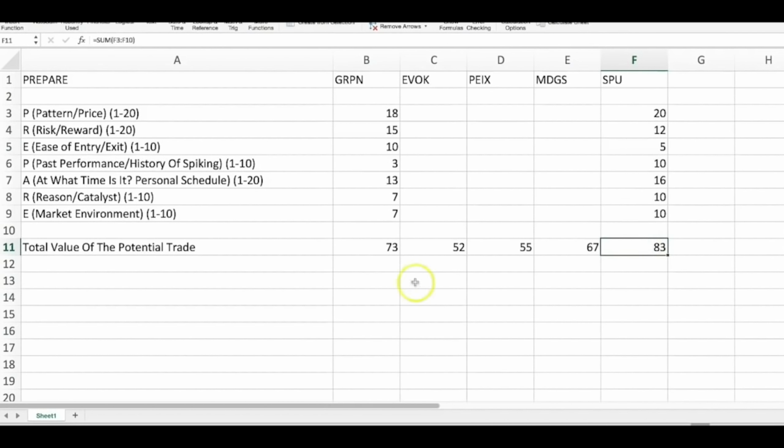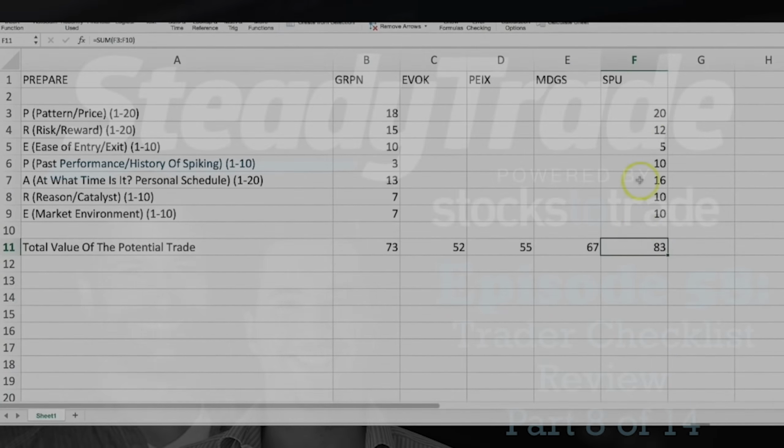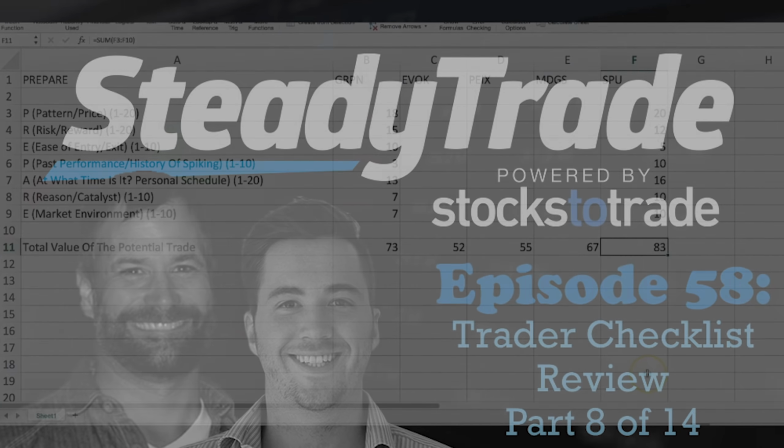So anywhere, as you can see, compared to what we were watching pre-market in the earlier video, there's a clear difference in terms of number. And I want to take trades that are higher, and that's exactly what we did here.